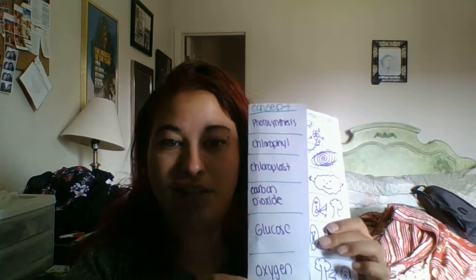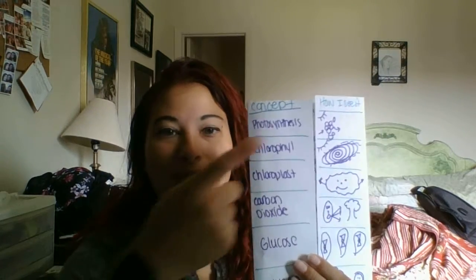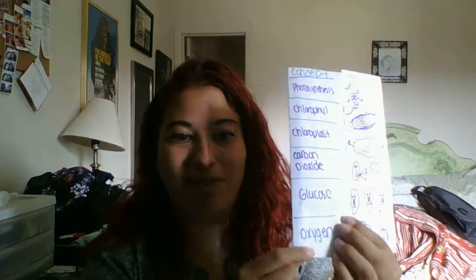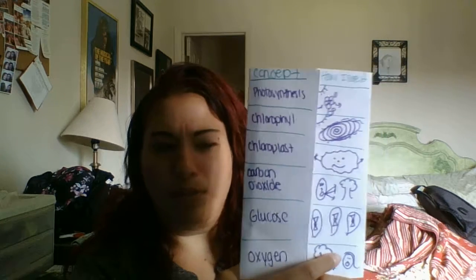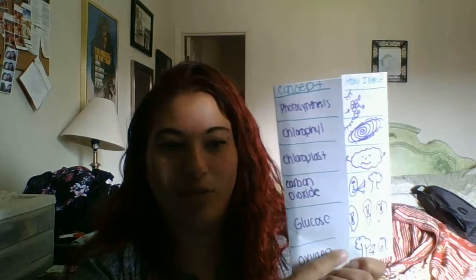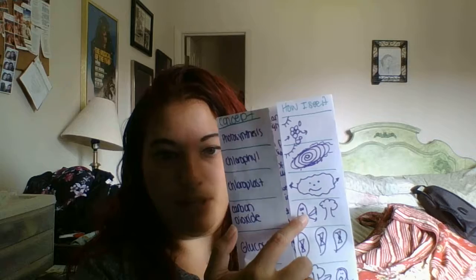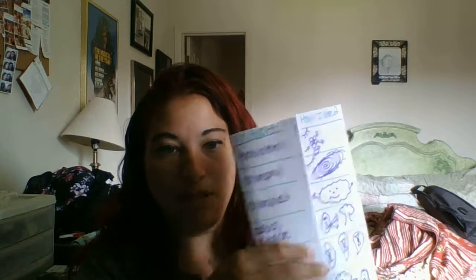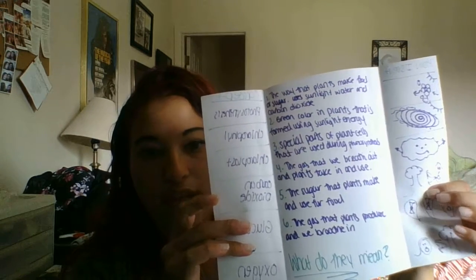So the last one, kind of messy, but I did a trifold for my science one, and it's just concepts about plants. I don't know how to turn it so that you can see the words, but bear with me. So you have the terms here and then pictures that go outside of it. So like oxygen, it's like a person breathing in the oxygen from the tree. And then glucose, these are the glucose cells, and then carbon dioxide, we breathe carbon dioxide out for the trees. So these terms and pictures correlate, and then you open it, and then there's the information, 1 through 6 of the